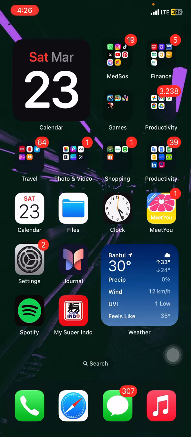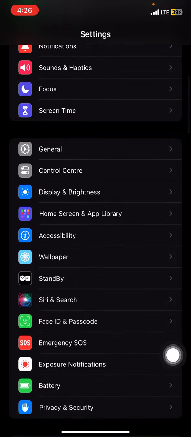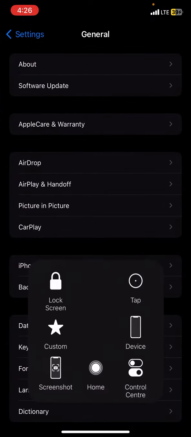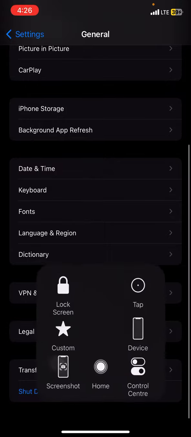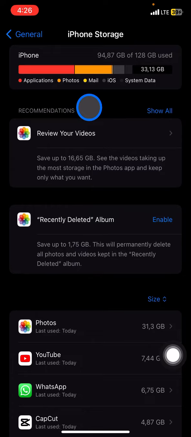So in this video I would like to show you how to check your storage on iPhone. If you want to check the storage on your iPhone, you just need to open your settings, and right after that you just need to scroll down until you find the general section, and now you just need to click on it. The next thing you need to do is scroll down again until you find iPhone Storage, and then you just need to click it, and